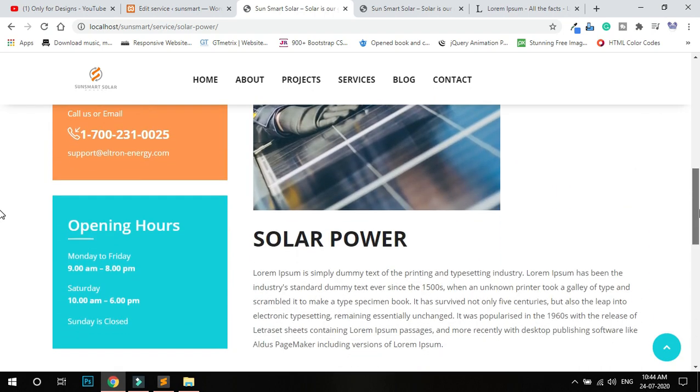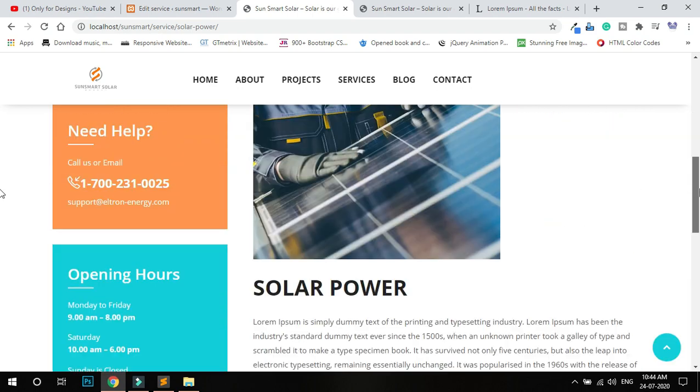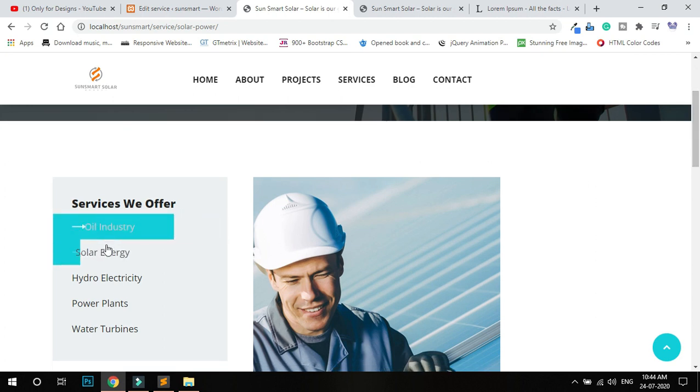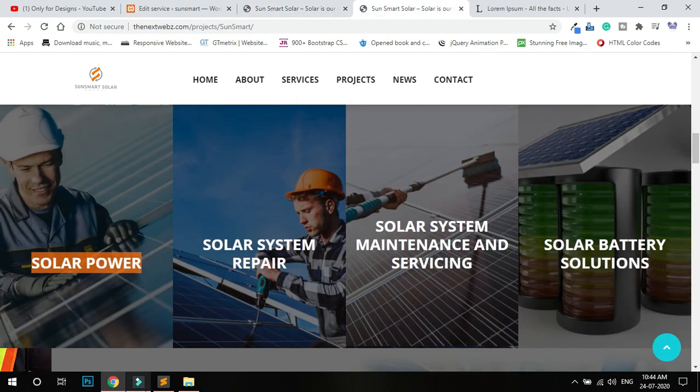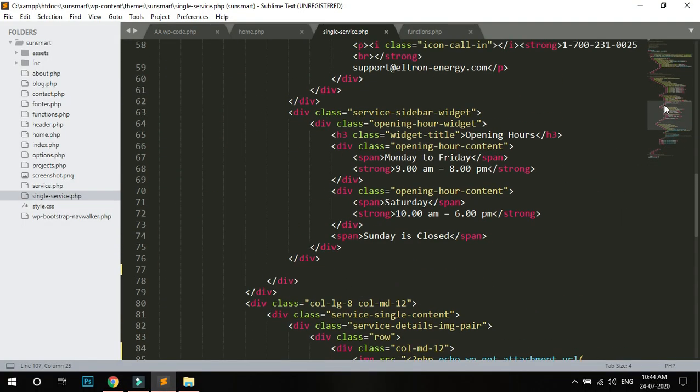this is our solar, but I need to change this name also. So I change my service names. The first name is this one. So change the service name.